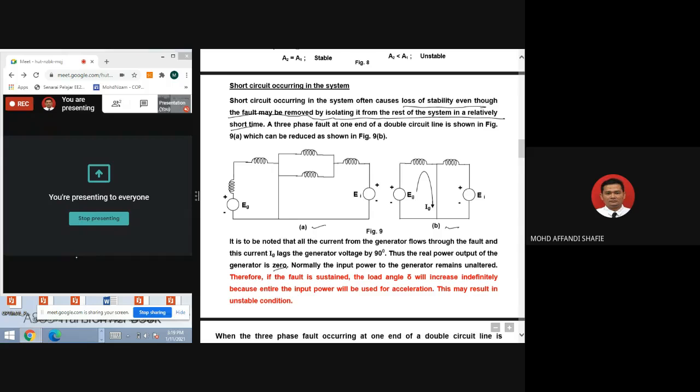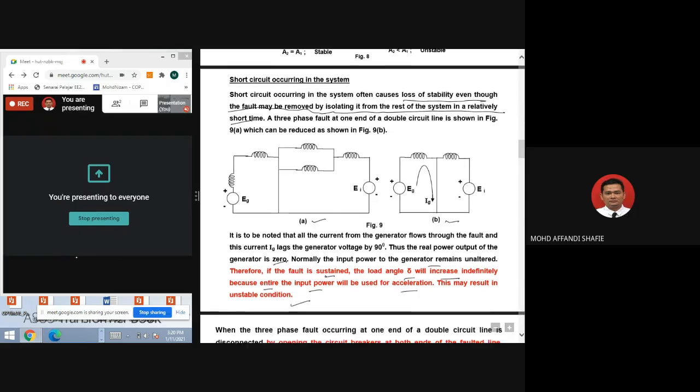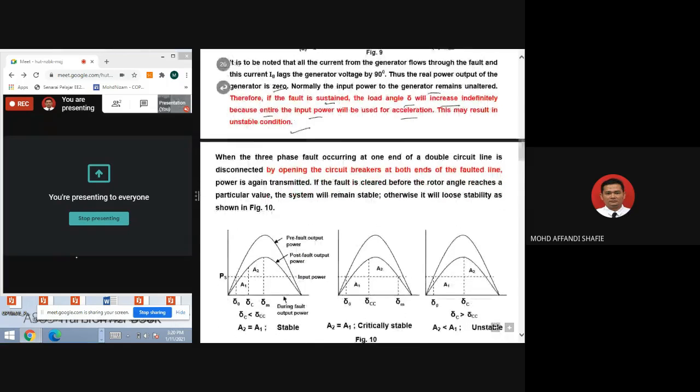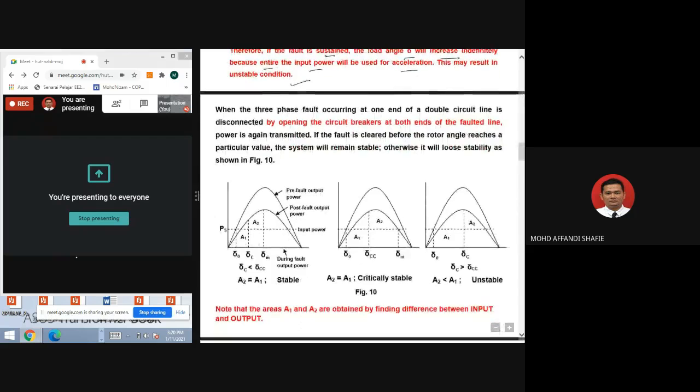So normally the input power to the generator remains unaltered. Therefore, if the fault is sustained, the load angle, delta, will increase indefinitely, because the entire input power will be used for acceleration. So this fault may result in an unstable condition. When the three-phase fault occurring at one end of a double circuit line is disconnected by opening the circuit